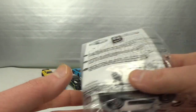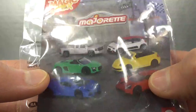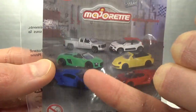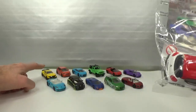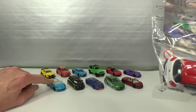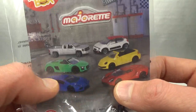Series 2 was this one, as you can see here, QU2. Had 6 cars in it. No exclusives either, but these, the green one, the blue one, and the red one, were kind of previews for the next year. So this is 2021, this is 2020, this is 2019, and these were 2020 colors, these vehicles,